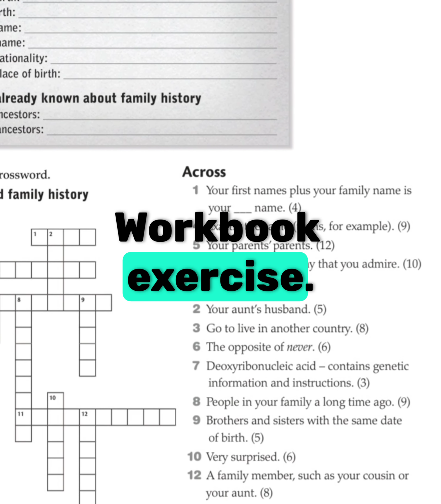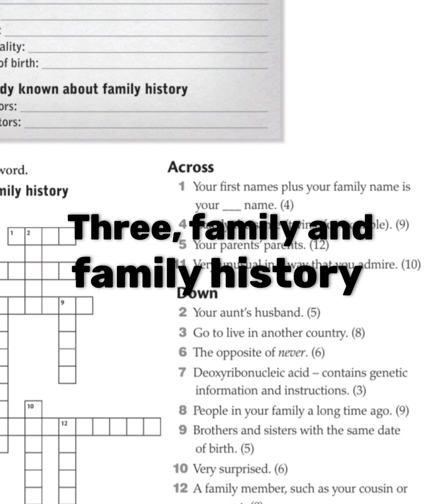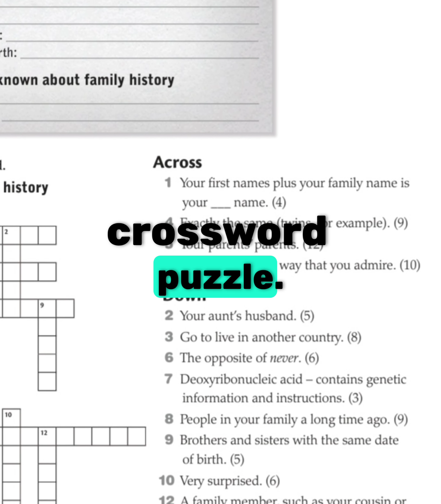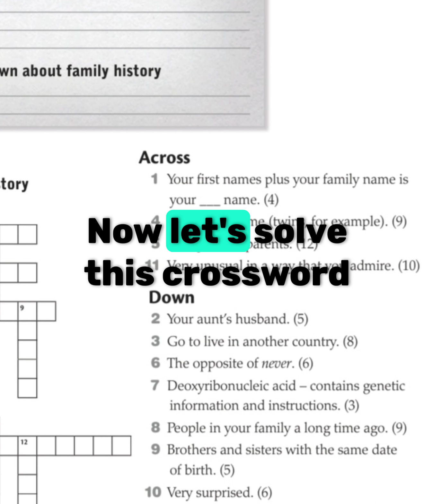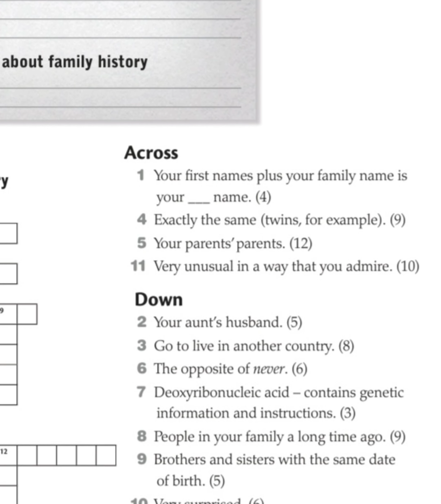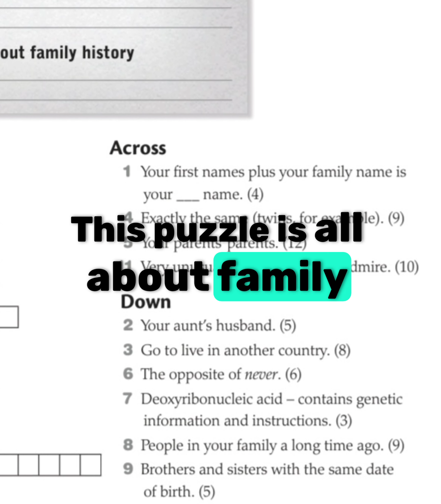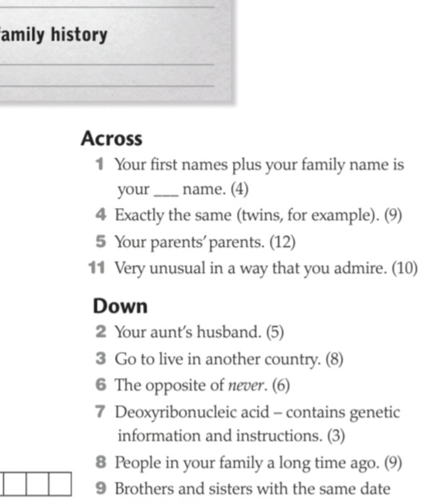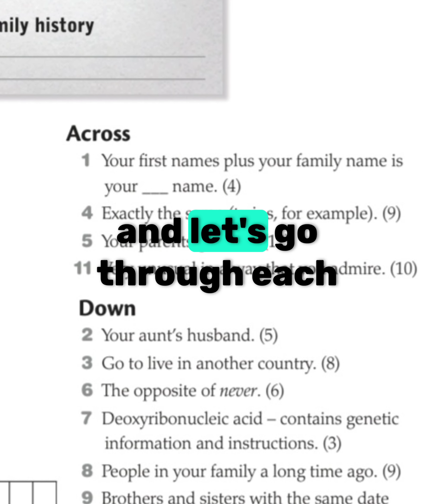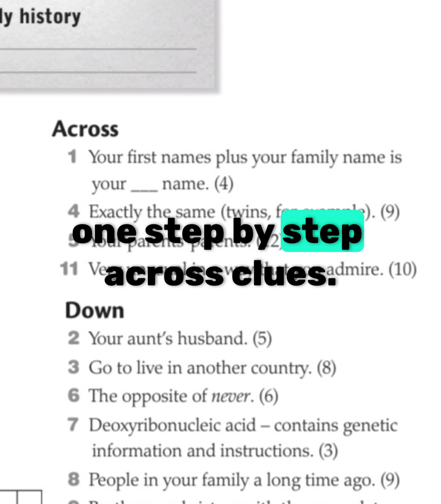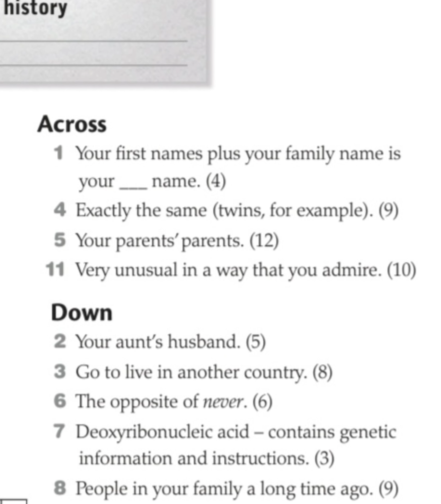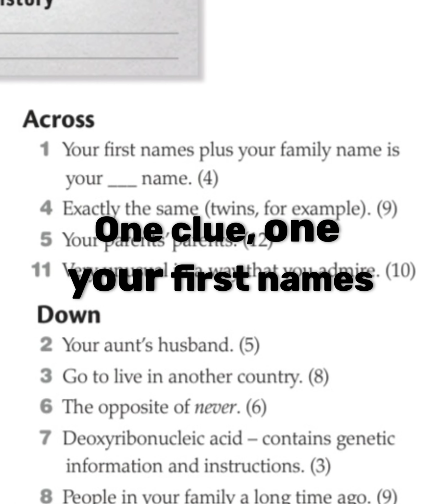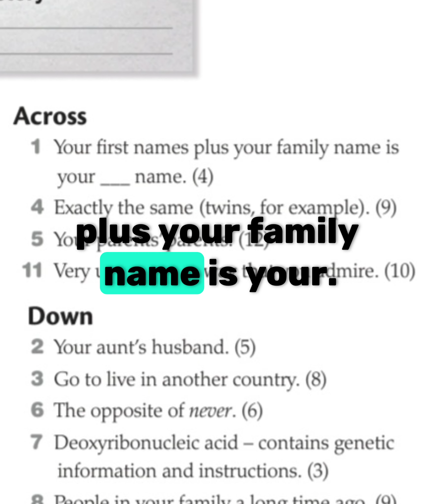Workbook exercise 3. Family and family history, crossword puzzle. Now, let's solve this crossword puzzle together. This puzzle is all about family vocabulary, and it's a great way to reinforce the terms we've learned. Take a look at the clues, and let's go through each one step by step. Across clues. 1. Clue 1. Your first names plus your family name is your